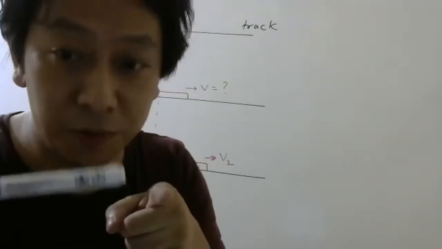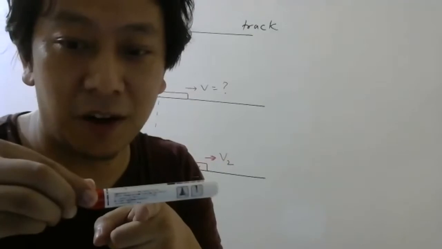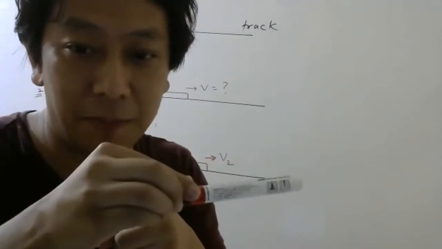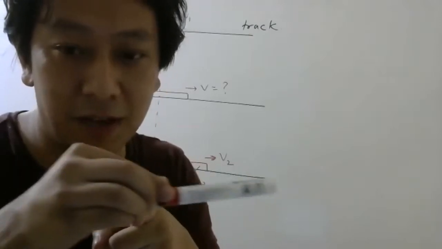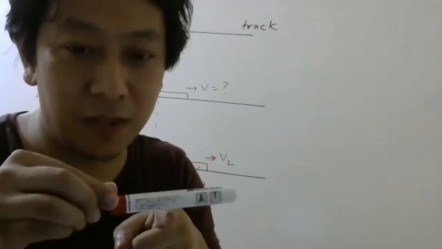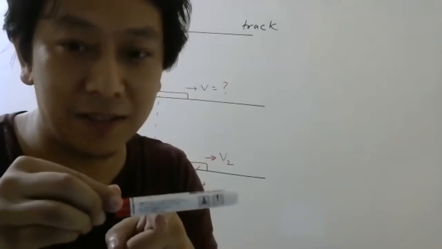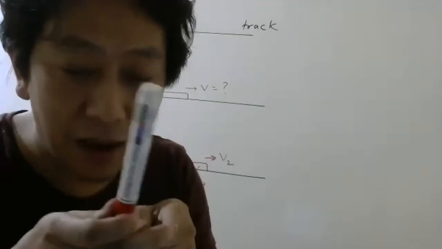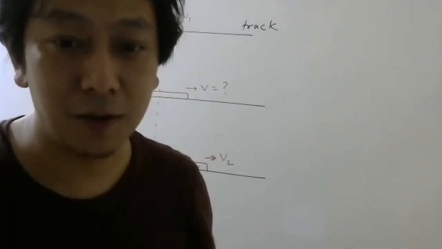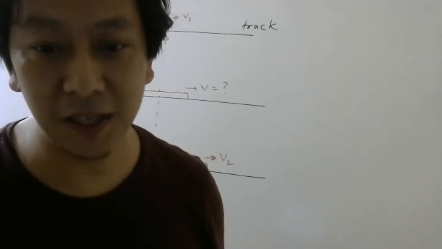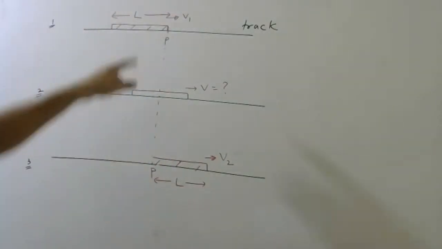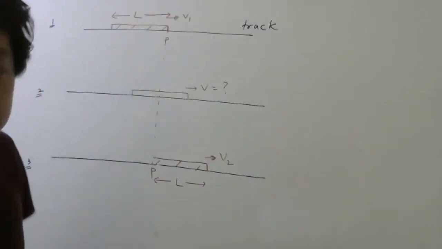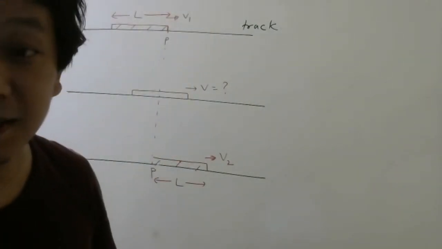Understood? Now before that will happen, what will happen? This will happen or not? This part. Yes or no? Before this will happen, this will happen. No, when the midpoint will pass. So when the midpoint of the train passes through the point P, what is the velocity at that moment? They are asking. And obviously, which velocity will be more? Channa, this velocity will be more or this velocity will be more? V2 will be more or V1 will be more? It is accelerating, remember.